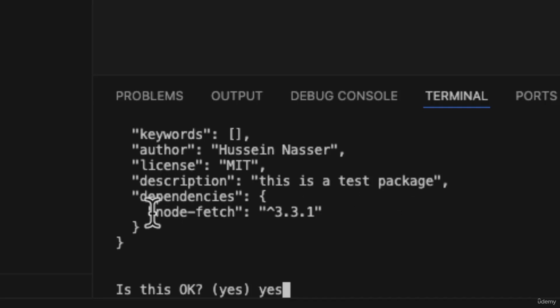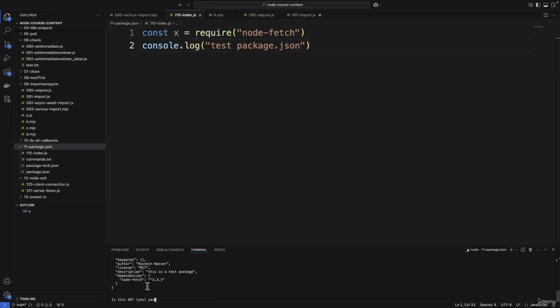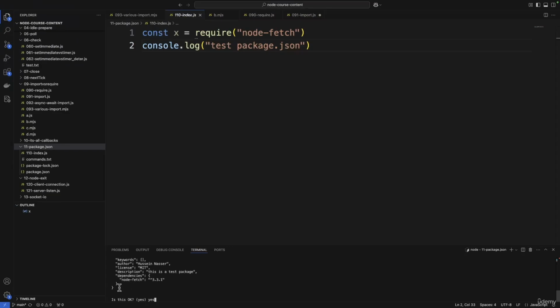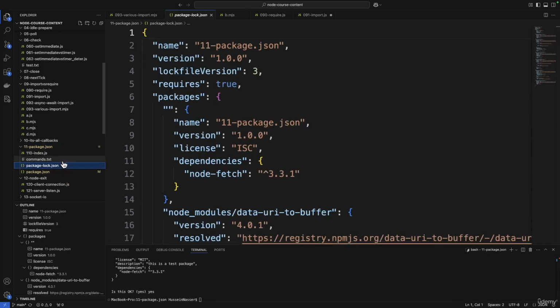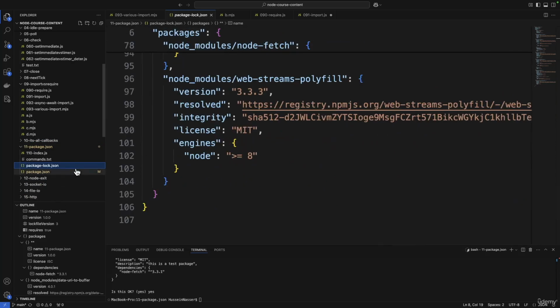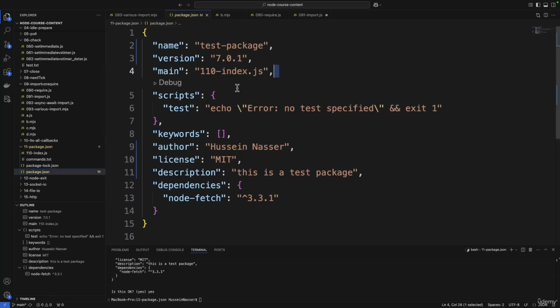And so look at that. It generated a file with node-fetch 3.3.1. Where did this get... Where did it get this 3.3.1 from? I honestly don't know. Oh, maybe I had the package-lock.json. Wait a minute. Whoa. Something is not right here. I think it has some cache going on here. Is there some cache? Because definitely I did not do that.